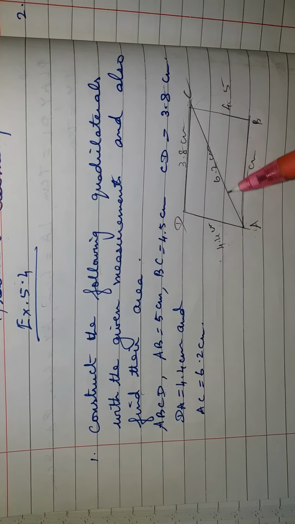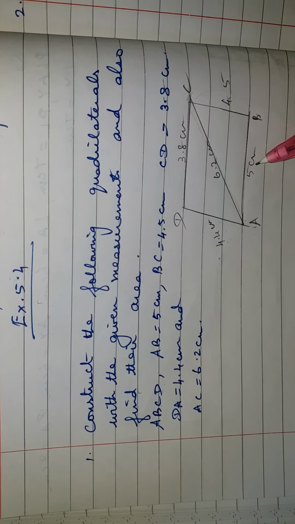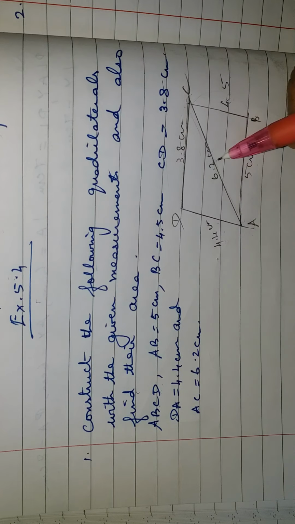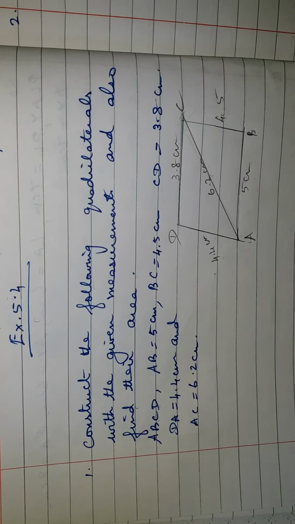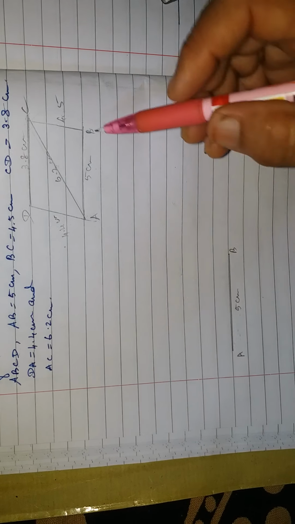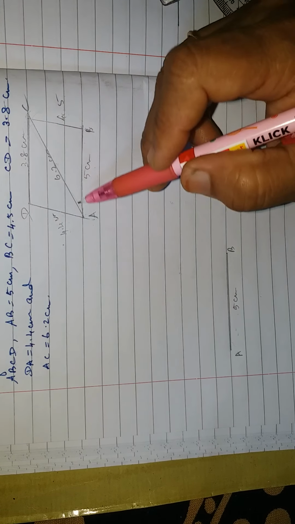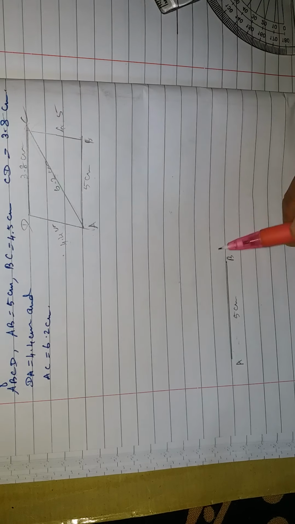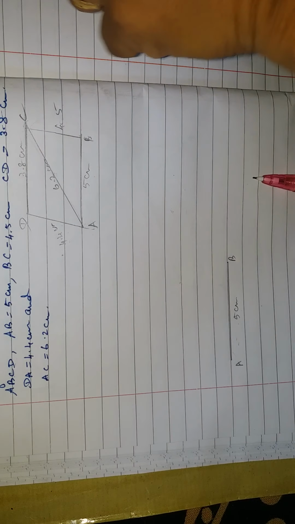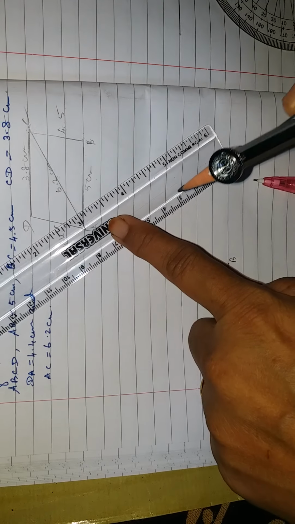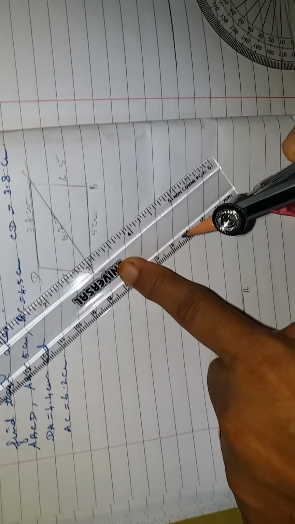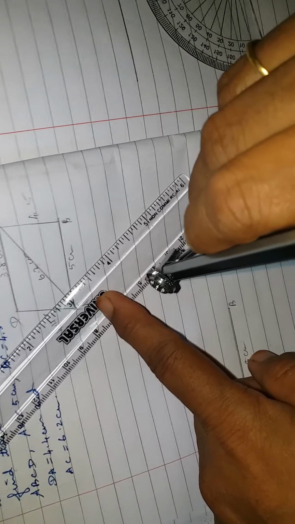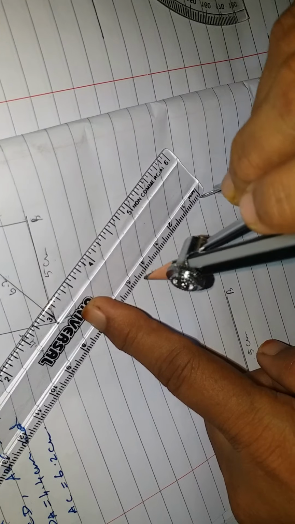So first of all you see where you get a triangle. So you have these 3 points means you can construct a triangle. So first of all you draw one line AB for 5 cm. I have drawn one line AB for 5 cm and you have to draw from B 4.5, from A to C 6.2. So you take your compass and your scale, keep your compass at the point 0 and for 4.5 you can measure with your compass.